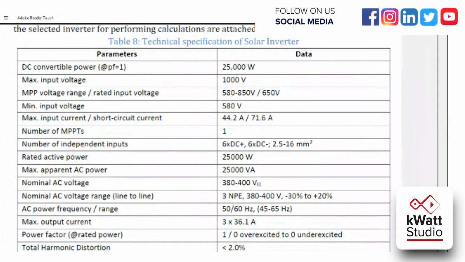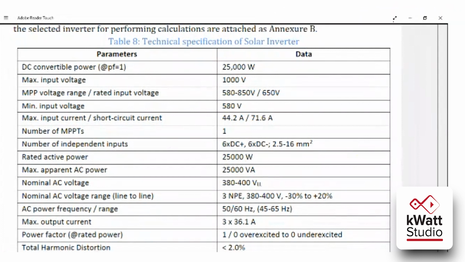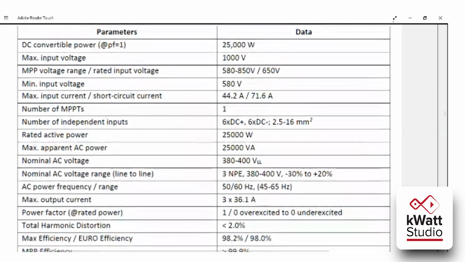Again, this can be done using PVSyst software. But before using PVSyst software, you have to do some hand calculation: how to calculate the string voltage, how to calculate the number of modules connected in one string, and how to calculate the total number of strings connected to the inverter. This comes under the designing part. First you have to do the designing, and then you will add all these details to your DPR.